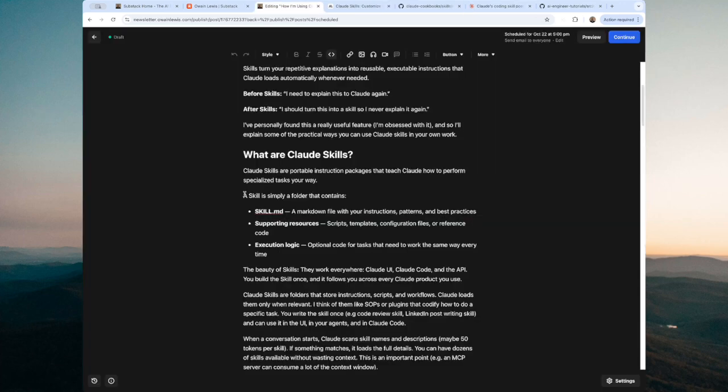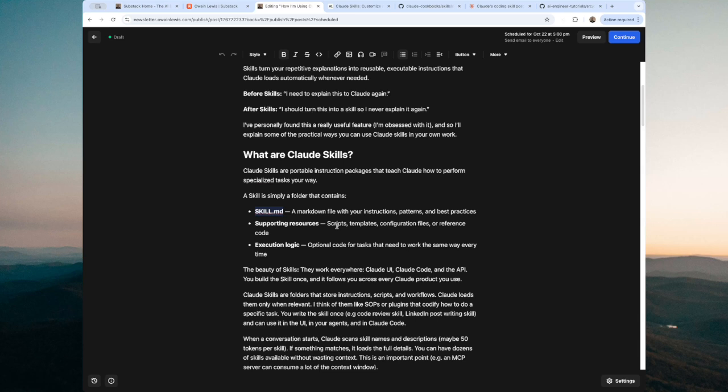add this skill. So essentially a skill is just a folder that contains a skill.md file. This is just a markdown file. It has a section at the top which tells Claude about the skill and when it should be used. And then you have the set of instructions below that. You can also add in some supporting files and resources. You can add in things like documents, scripts, templates that you might want to use. Then you can also package in things like Python scripts or JavaScript code. And that makes Claude Skills really, really powerful because you can actually have Claude execute code, which makes your workflows